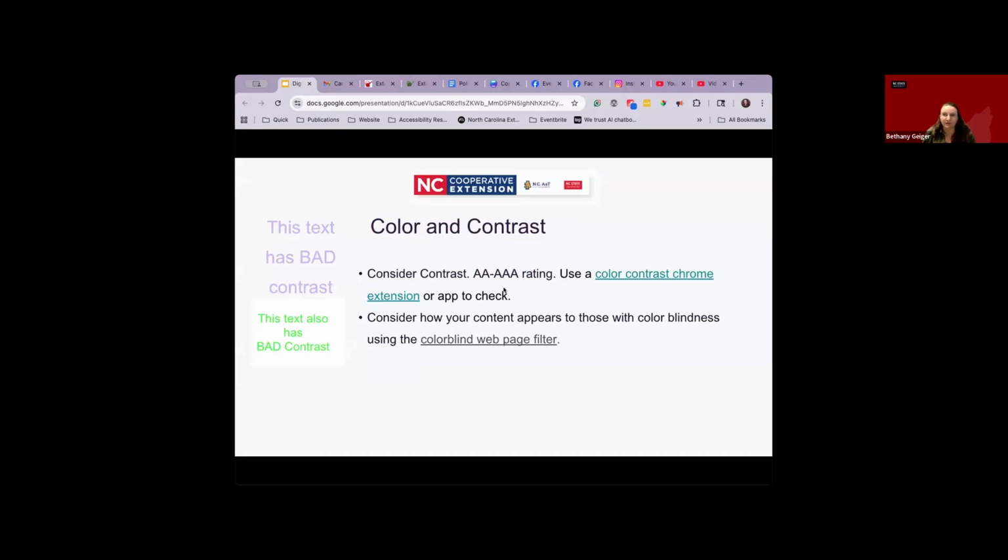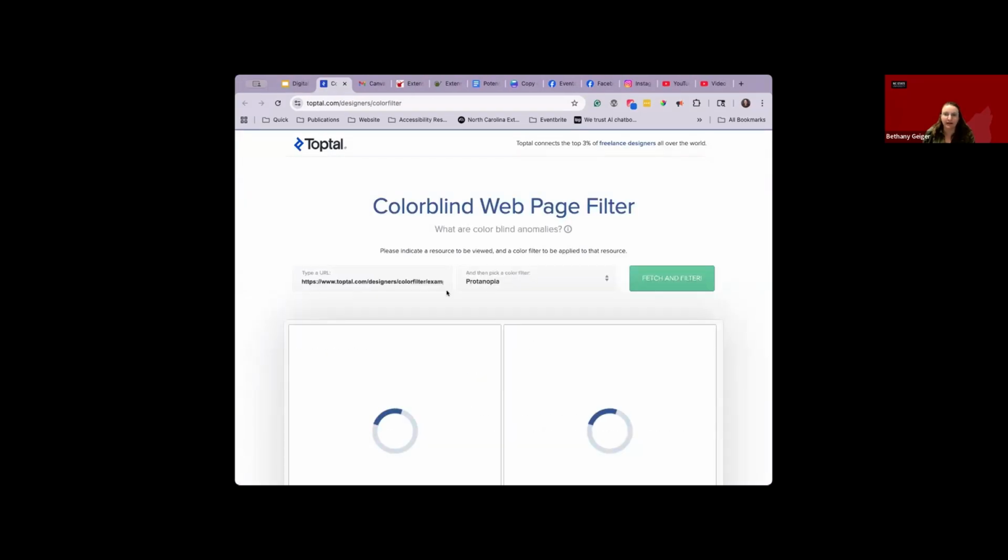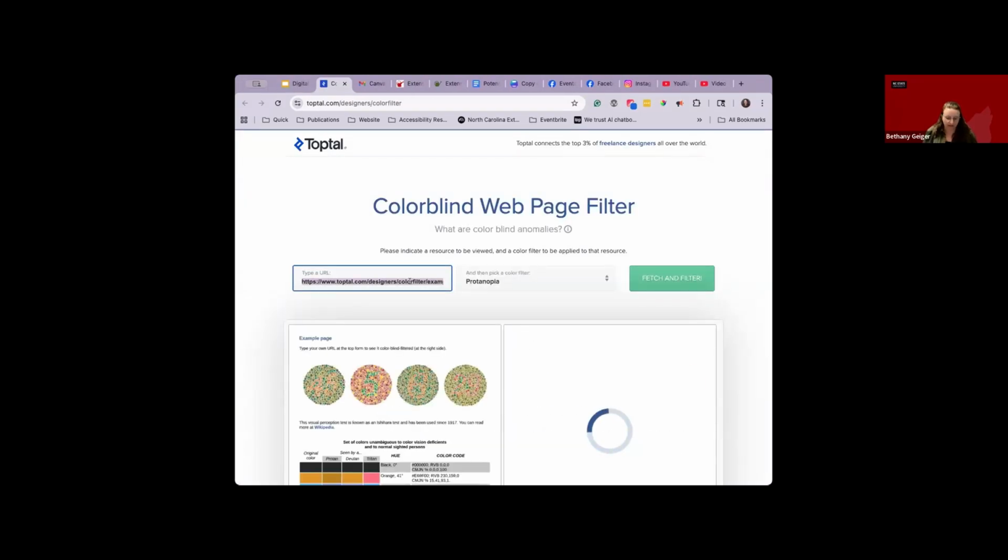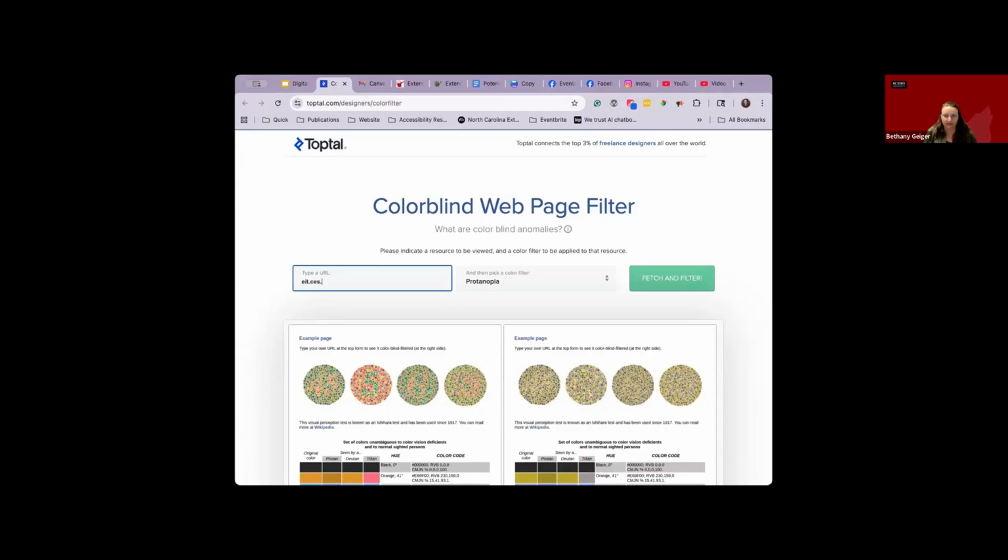Those are built into a lot of tools as well. Like in Microsoft Word, they have an accessibility checker that will consider color contrast and things. So there are a lot of tools you can use to check for that. There's also this colorblind web page filter. If you're ever curious and you want to look at a web page and see how it might look to a person with color blindness,